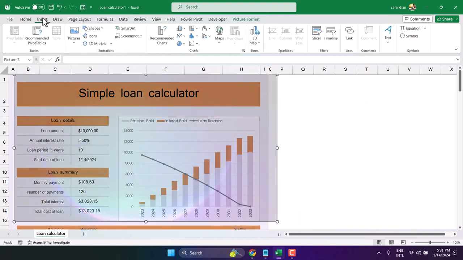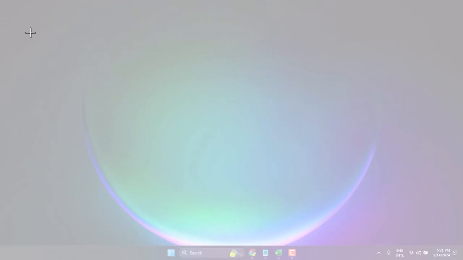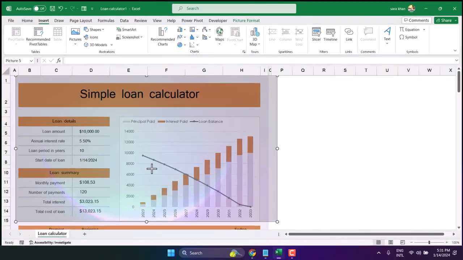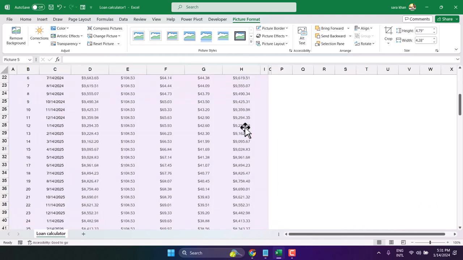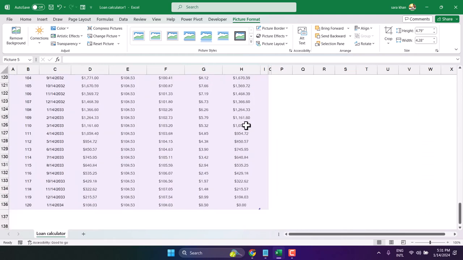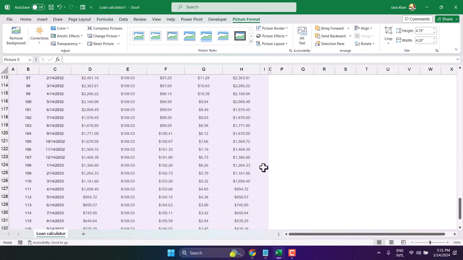Just click on Insert and Screenshot, then Screen Clipping and take the part and leave it. And if you need a screenshot of your Excel worksheet, so press